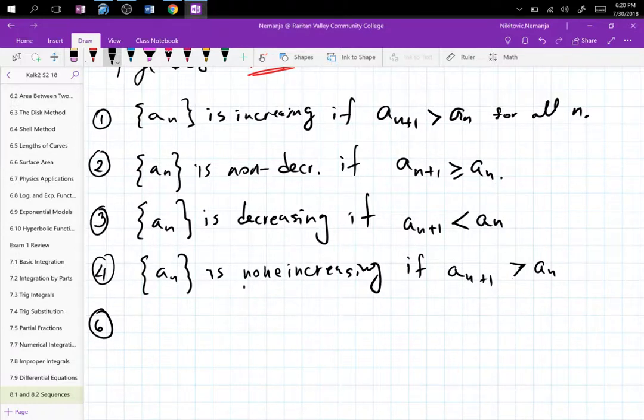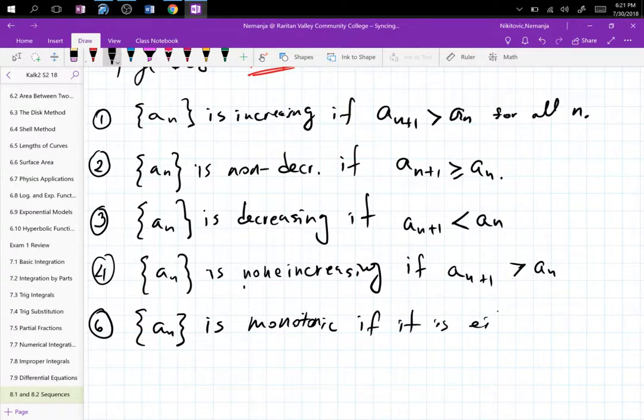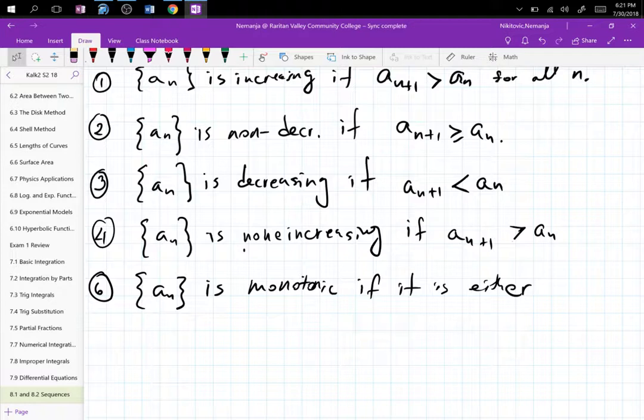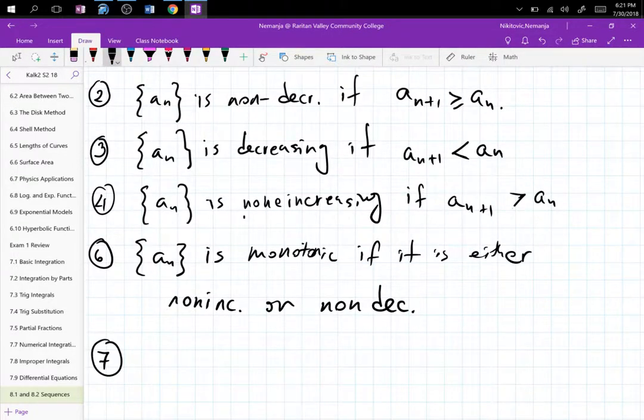Okay, so we'll say a_n is monotonic if it is either non-increasing or non-decreasing. Okay, and 7, a_n is bounded